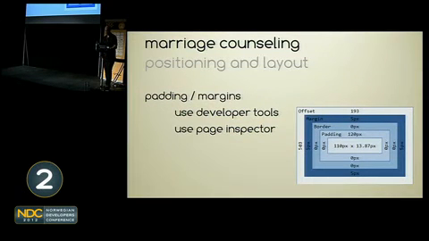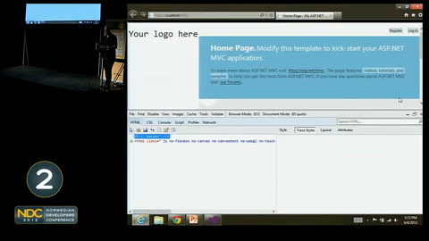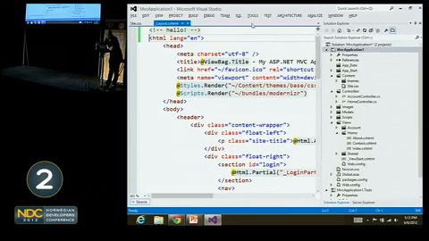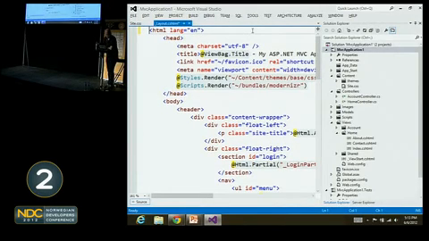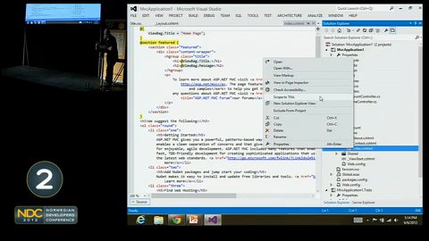Page Inspector, good. I wasn't sure if I'd have time to show this. Page Inspector is a new thing in Visual Studio 2012, and the idea is that it's neat to be able to work in a browser with those page browser tools and figure out all my CSS stuff. But then I've got to go back into my CSS and actually do it, which is difficult, and you get things wrong. So in Visual Studio 2012, they add in this Page Inspector. So I right-clicked on my home page